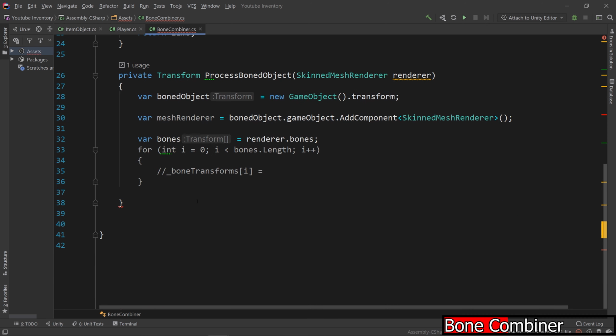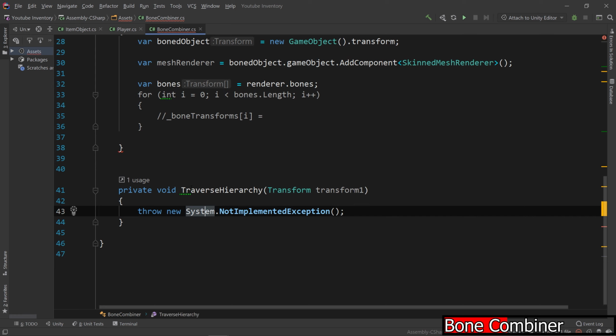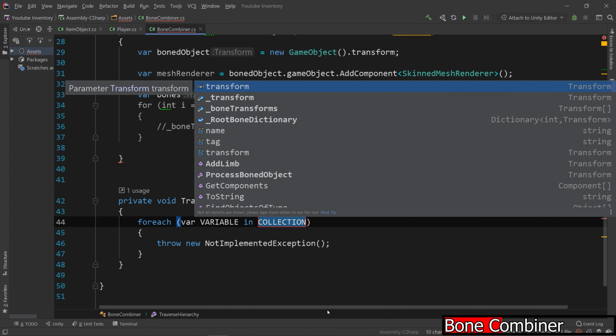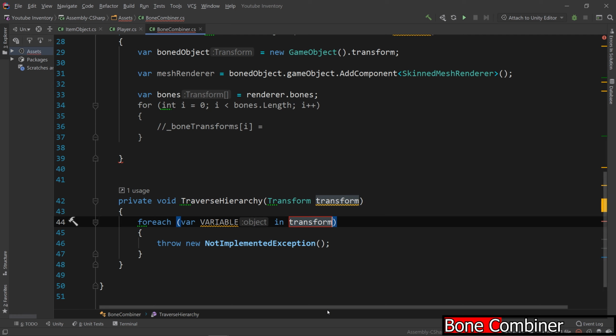Now let's create this function. I'm going to move it to the bottom of the class. And this function's going to be quite a heavy function, but we're only going to use it one time when the game is started for each character that needs item equipping, actually. So you could actually do this in the editor maybe, but we're going to do it when the game starts. So we have a private void TraverseHierarchy, and it passes in a transform called transform. And we'll do a foreach loop over the transform's children. The variable name will be child,